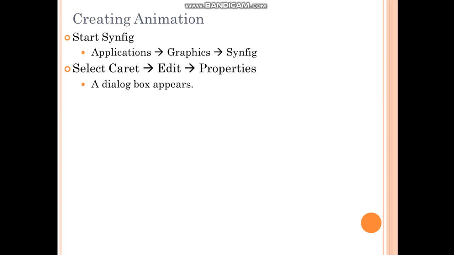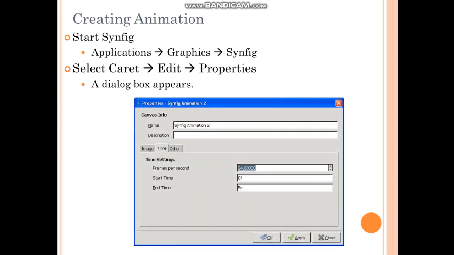Now when you start Synfig, you have to select the caret, Edit Properties option. We have already seen what the caret button is and where it is situated. It is situated at the top left corner. When you select this option, it will display a dialog box. Here two parts are there.